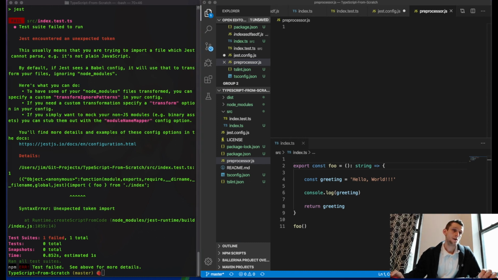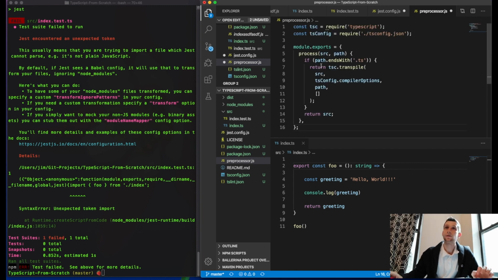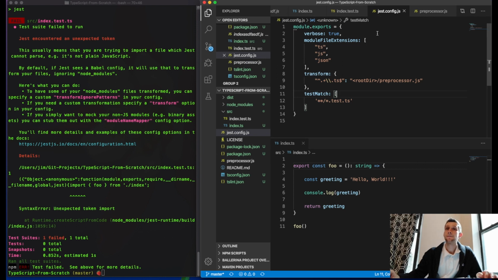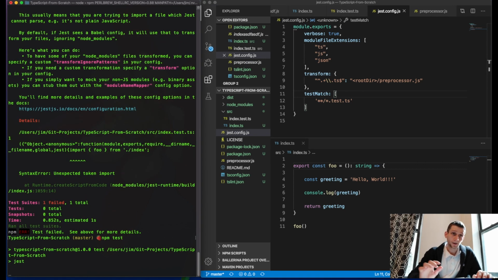Preprocessor.js. This is another little snippet I'm going to grab from another project. And pretty straightforward. We're transpiling the source code. Anything that ends with .ts, we're just running it through the TypeScript compiler, and then running tests. So, we have this now. We have this saved. So now if I run the test,